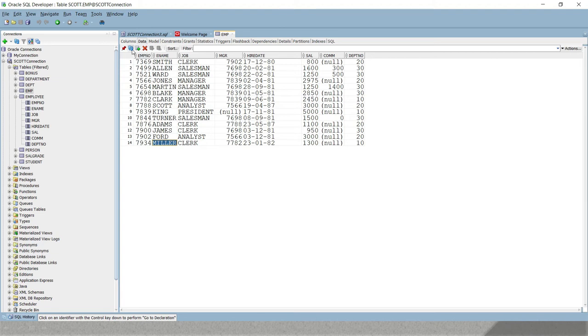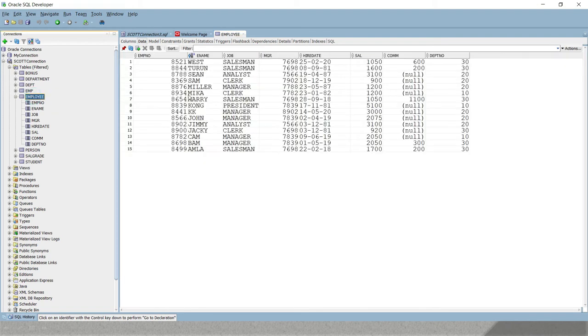Now if I refresh this table, okay, I'm in the employee table, sorry, the EMP table. So here if I refresh, then if you look, Miller's job designation has been updated to manager in the employee table. Earlier I was looking into the wrong table, that was wrong, right.